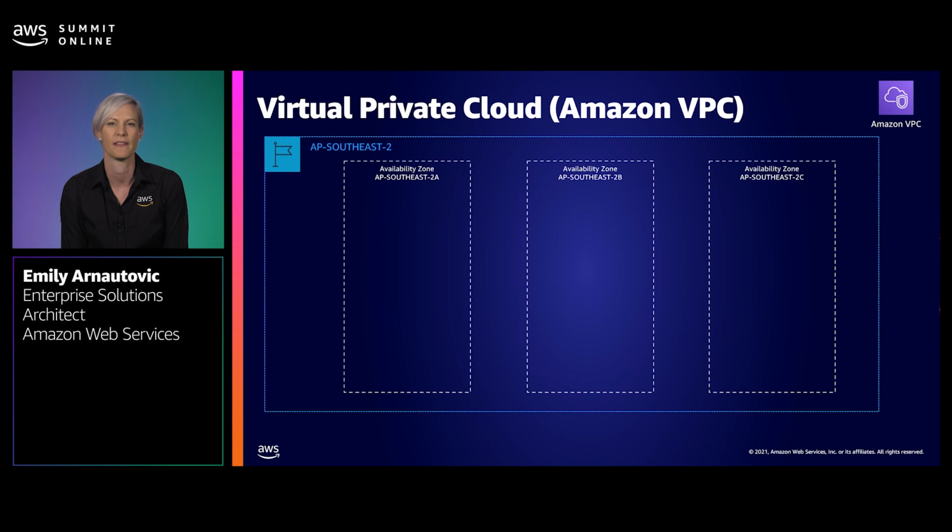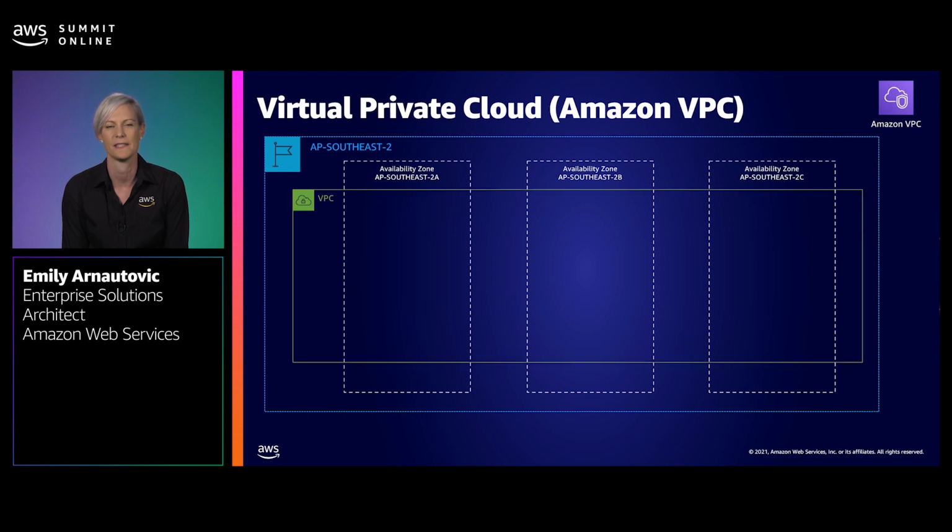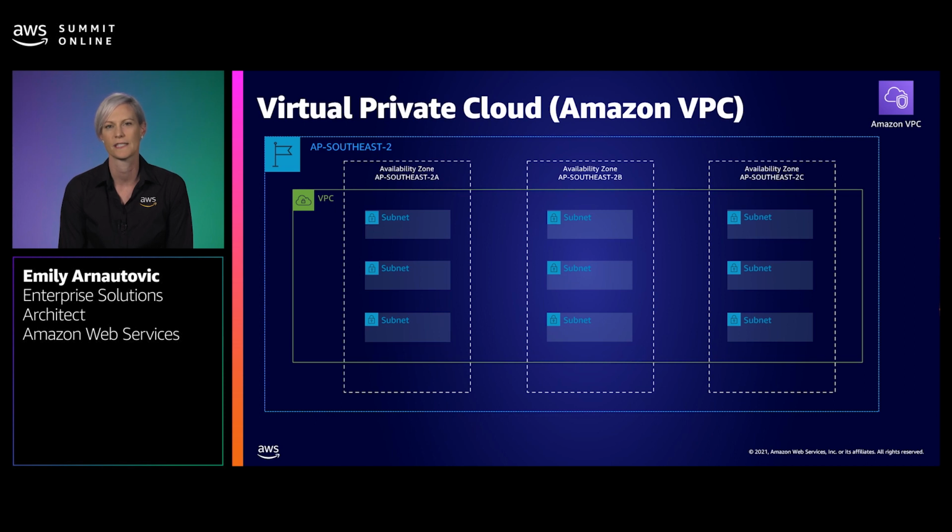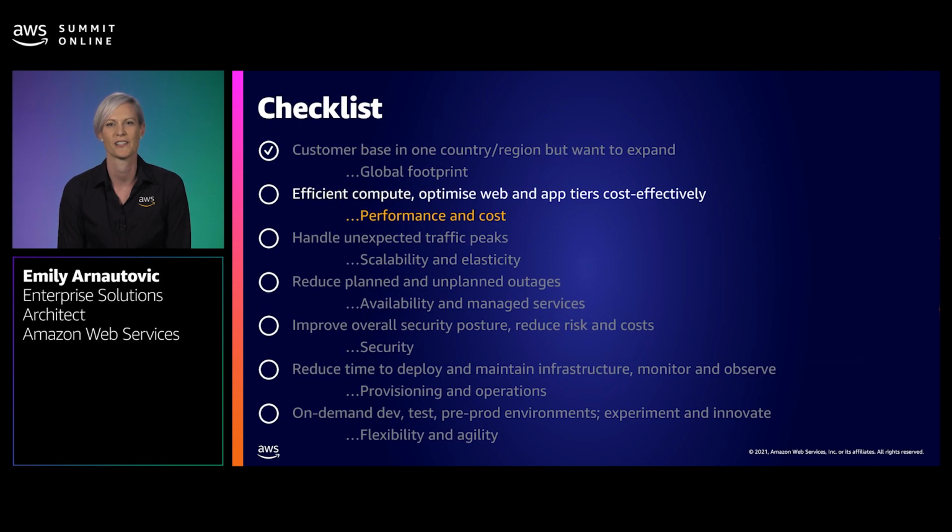Nikki and her team will run their 3-tier app inside a dedicated VPC, or virtual private cloud. This means that Nikki can provision a logically isolated section of the AWS cloud to launch AWS resources in a virtual network that her team defines. They will have complete control over the virtual networking environment, so they can select things like the IP address range and the creation of subnets to create that 3-tier isolation that's part of their architecture. So we've checked off the first item.